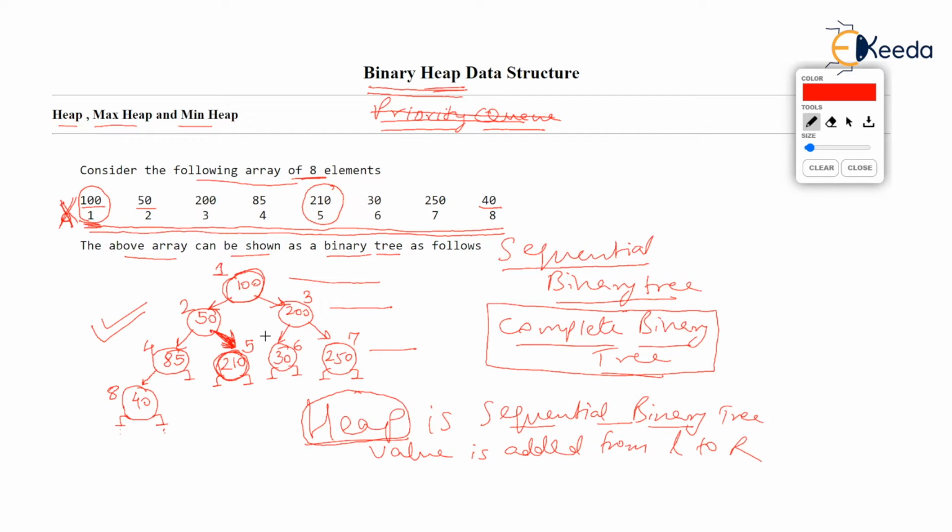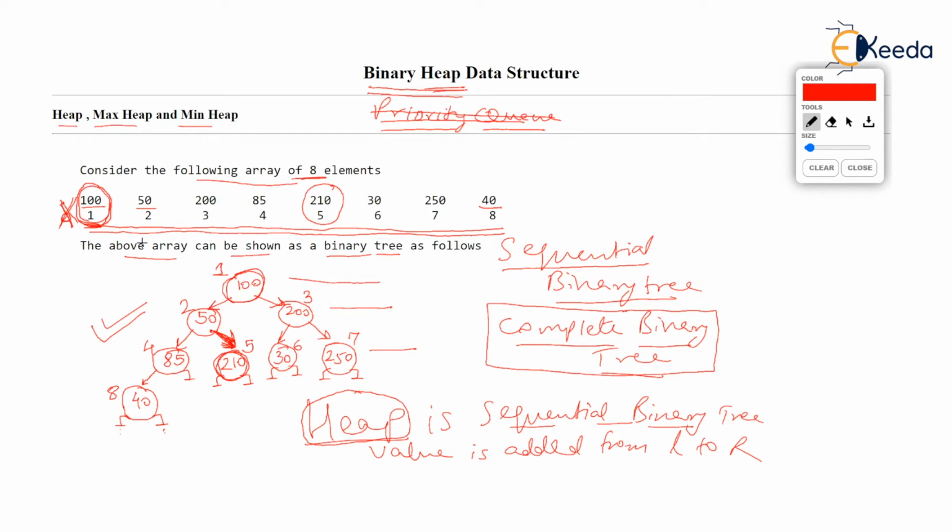Now for some time you again do an exercise with me. Don't see this binary heap at all. See the array. Check the array. Keep your eye on the array. If I ask you, who are the children of this 100? The very first value. What will you do? You will take the index 1 and you will multiply 1 with 2. 1 into 2. And you will know node number 2, that is second element, is child of 100. You confirm it. Now you see the binary heap. Really 50 is left child of 100, isn't it?